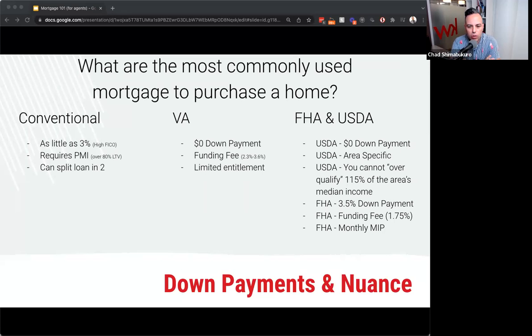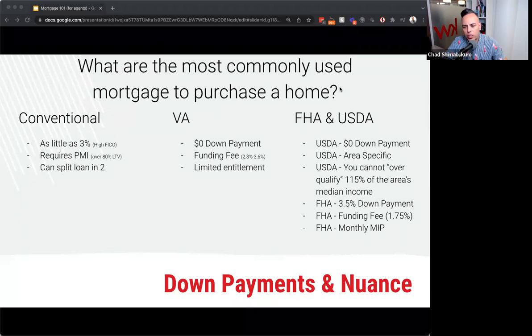With VA, 0% down payment, there is something called a VA funding fee. That ranges from 2.3% to 3.6%. That range is based upon whether it's a first-time use, and whether the veteran is considered fully or partially disabled. There are a lot of different variants to why those fees are there, but that fee is not to the lender. That fee goes back to the VA, and it's basically to keep that program going.